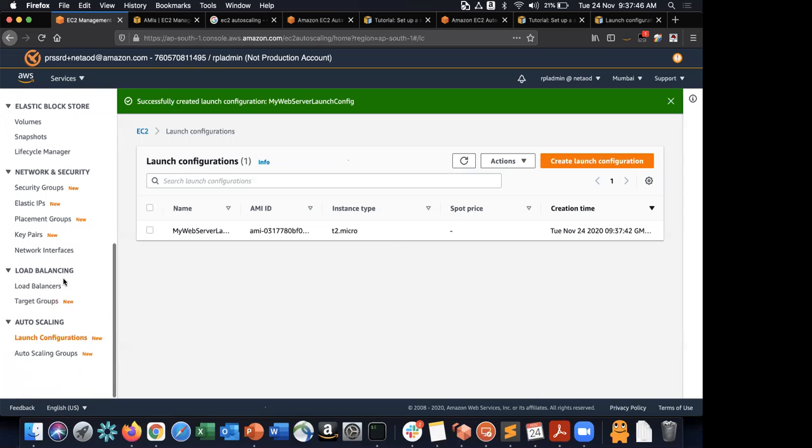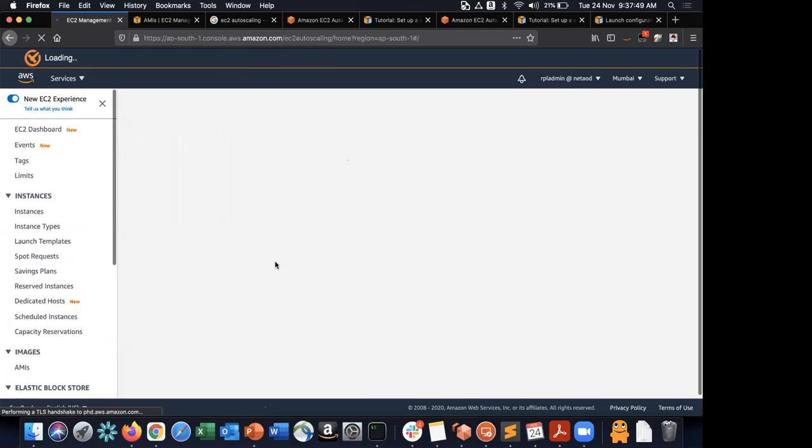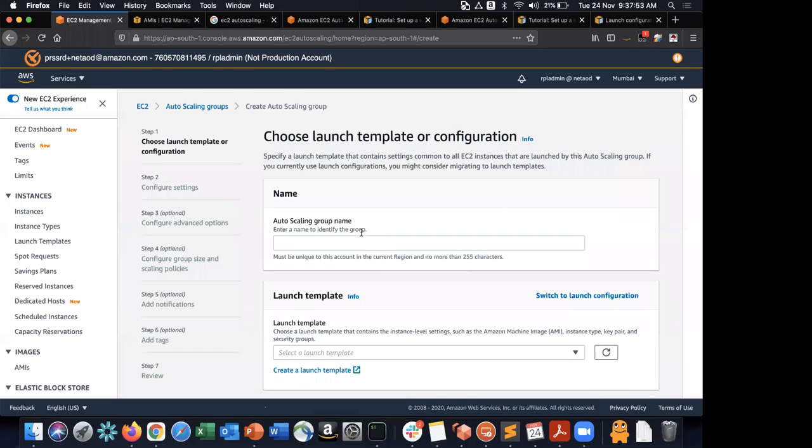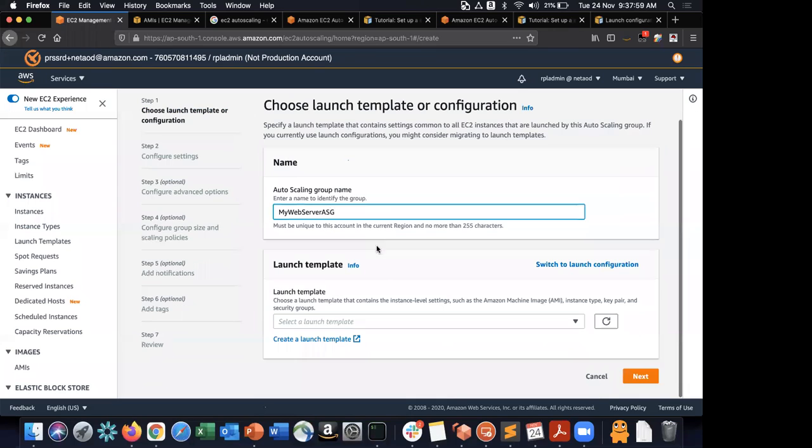I'm going to go to auto scaling groups. Click on create an auto scaling group. I'm just going to say my web server ASG. ASG means auto scaling group. Launch template that I want to use is